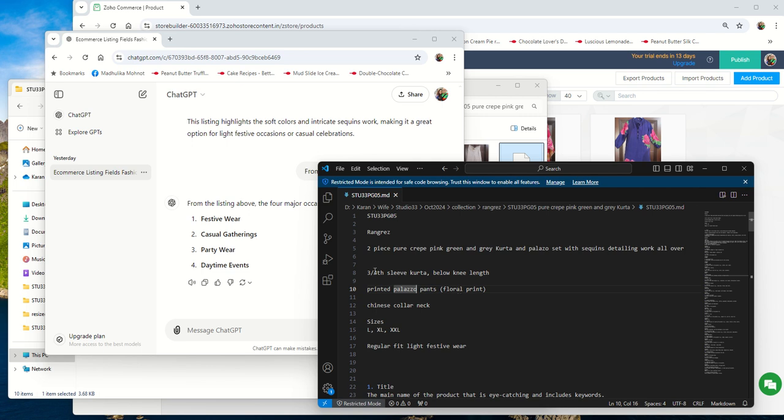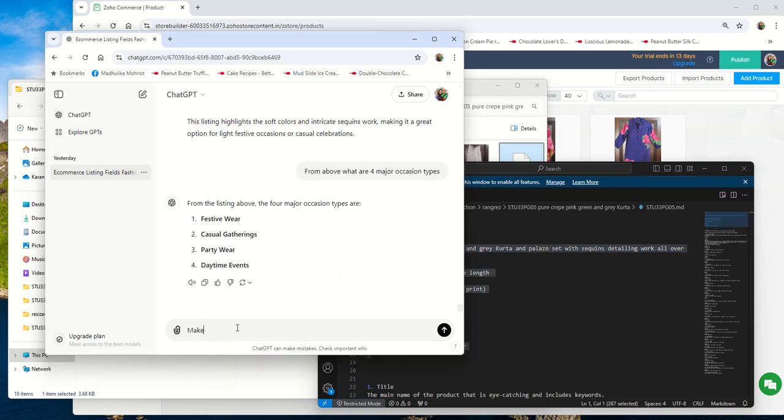What is the sleeve type? What length is it coming to, knee length? Is the sleeve 3/4, half, full, no sleeve? You need to ask all these questions, and the sizes, regular fit, tight fit, like what you think of in a cloth, right? So now copy this and you can write, make a